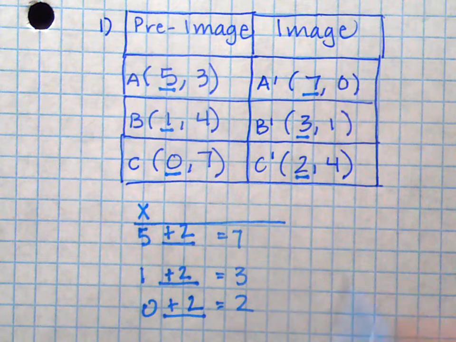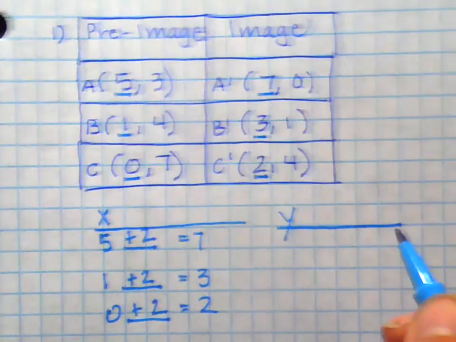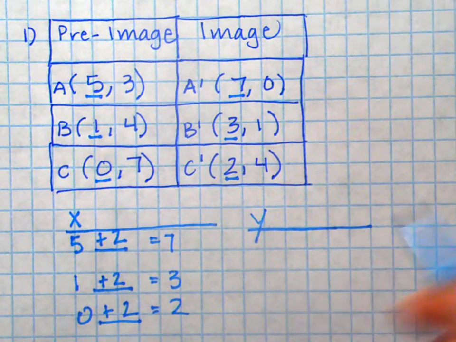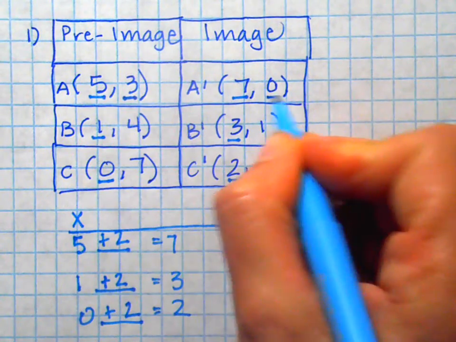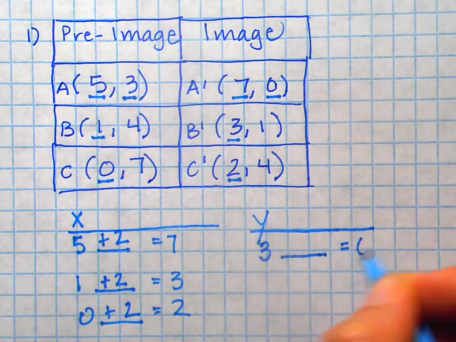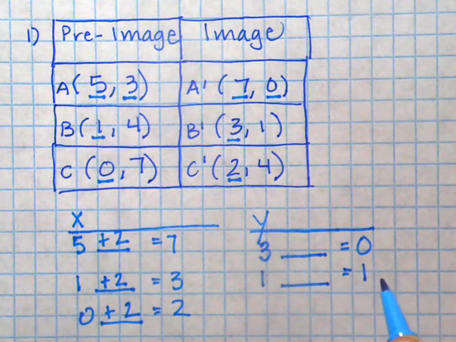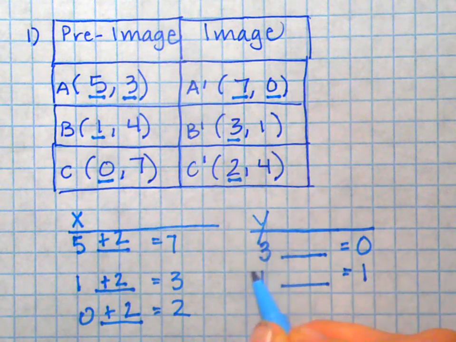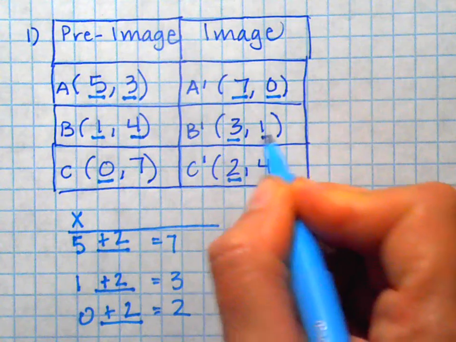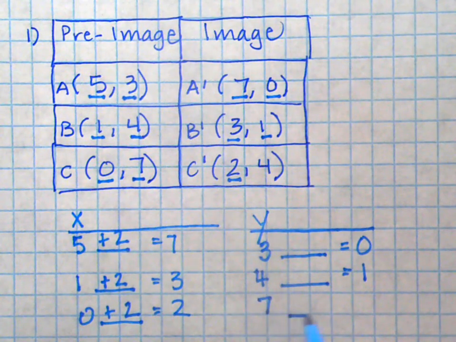And for the y-coordinates, let's take a look at what's happening there. Let me scoot this over. We go from 3 to 0. So we go 3, something happens, and it equals 0. 1, something happens, it equals 1. Oh, sorry, 4, something happens, and it equals 1. And then 7, some sort of either addition or subtraction happens, and we go from 7